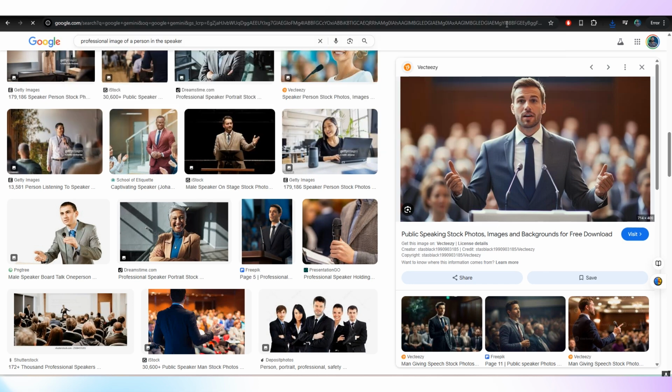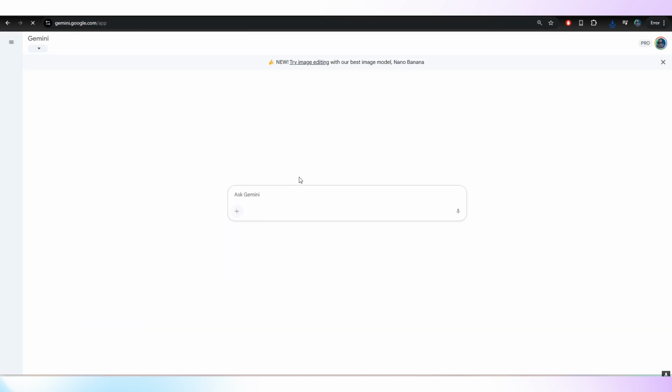Now let's go to Google Gemini and use this image that we have downloaded and add it here. Run a simple prompt: can you change the smile to a little smaller.